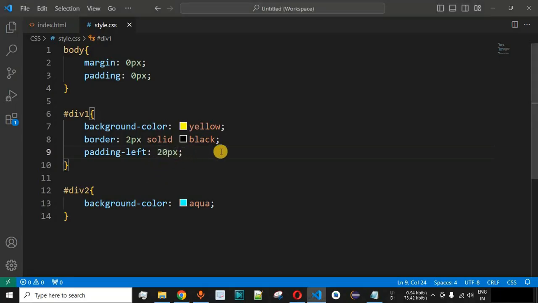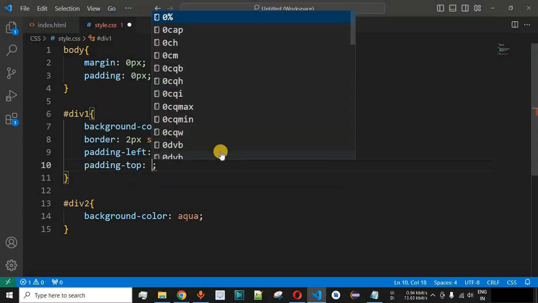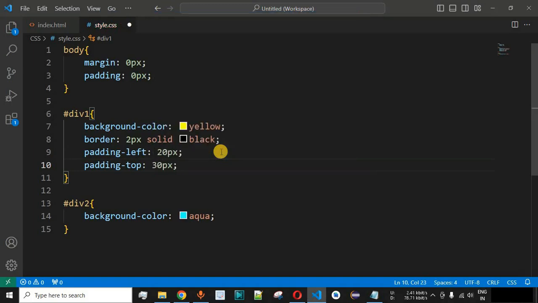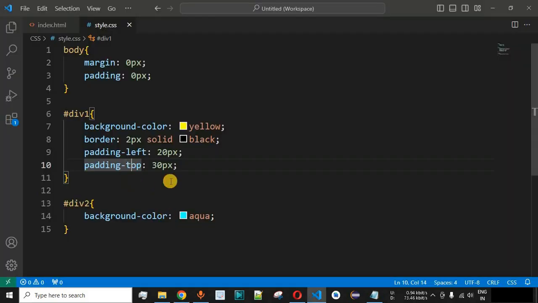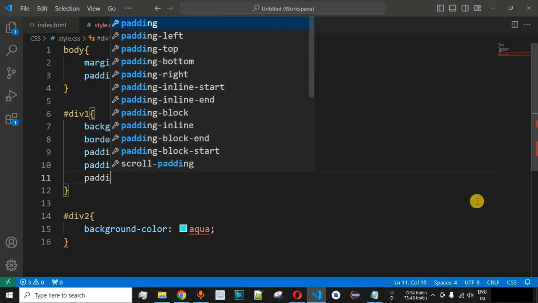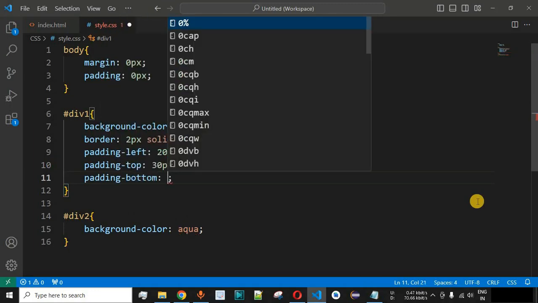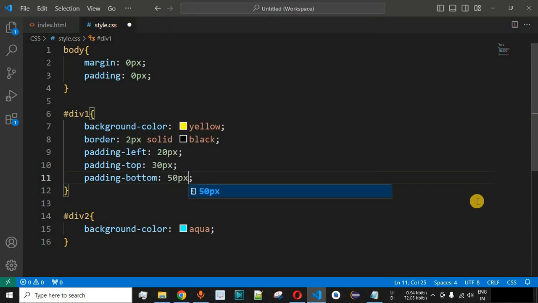And when we say the padding-top property, the padding will be provided from the top side of the web element. So let us check that as well. When we say padding-top in this case, let's say we provide 30 pixels as the padding-top. Let me save this file and try reloading this page once again on the browser. As you can see, 30 pixels padding-top is being provided over here. Similarly, we can provide padding-bottom as well and padding-right as well. In this way, based on your requirements, you can provide the padding property to the required HTML element. So let us check the padding-bottom as well. Over here we simply provide the padding-bottom property, and let's say we provide 50 pixels as padding-bottom.